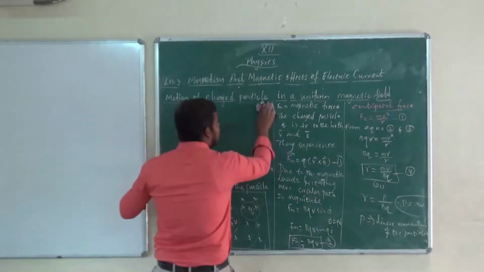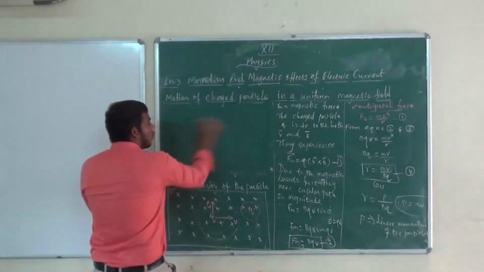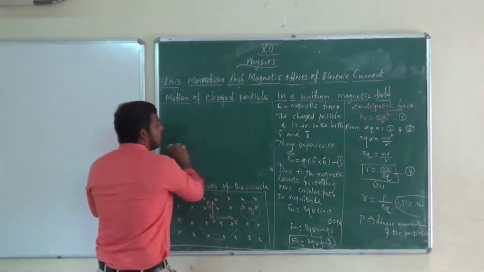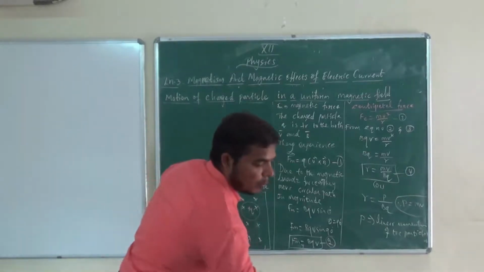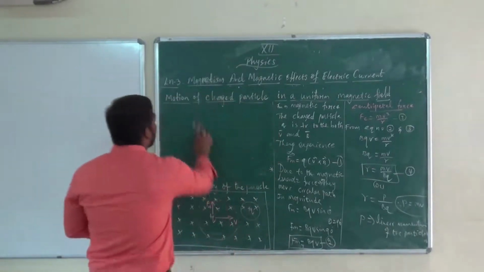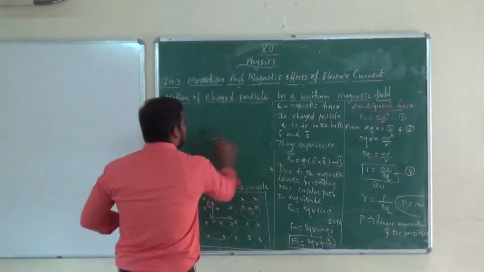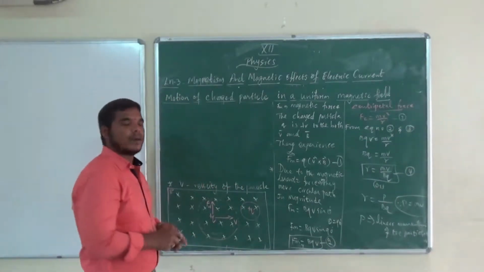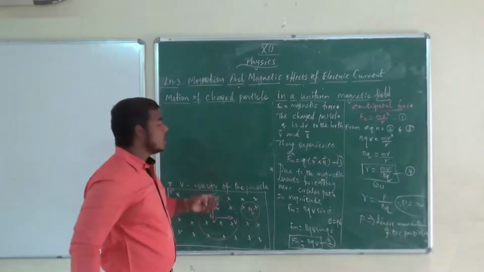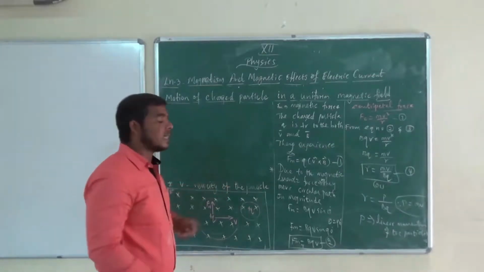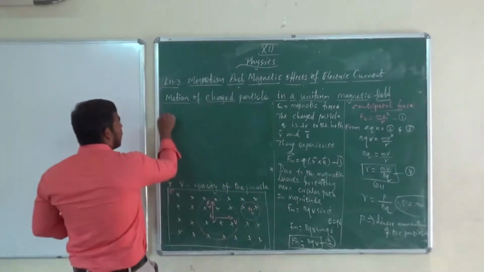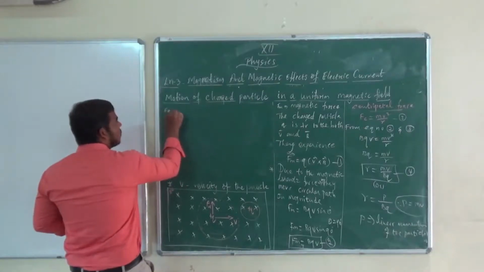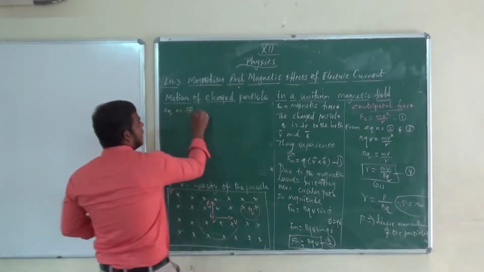Use that equation. They will ask 1 mark problems and 2 mark problems, and many times they ask a compulsory problem. So please note down equation number 4. In your book different equations are given, like 3.56, but I use them one by one. If you use it like that, fine, otherwise follow the book.